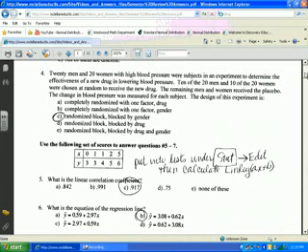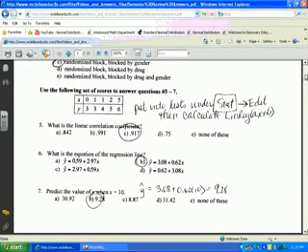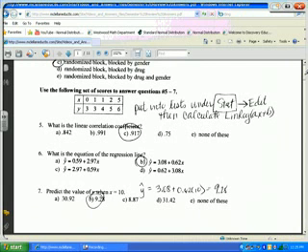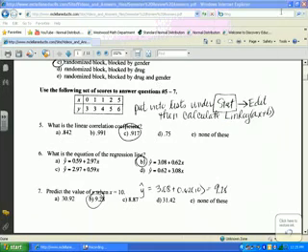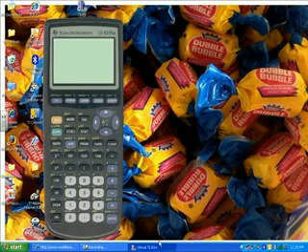Number 5. I had a question. My question for 5 is I don't remember how to get it on my calculator to get R squared. Okay, very good. How to get R squared? If you can get R, you just square it to get R squared. Well, no, I mean, there's a way that you got the list on the computer. Okay. So what you need to do is put this list into your calculator. Let's just go ahead and do that real fast. Yes, you do have to turn your diagnostics on.